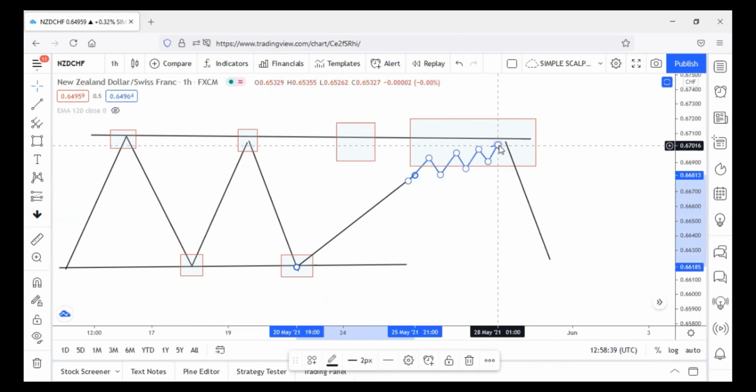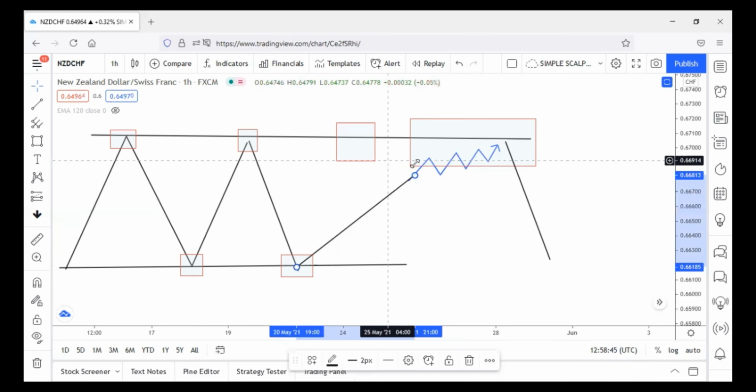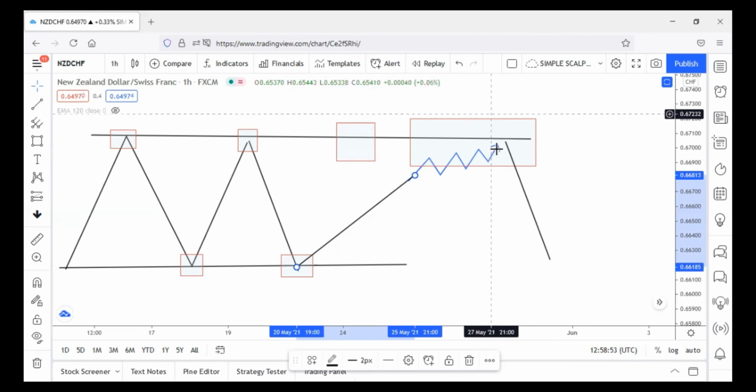All right, what do I mean by reversal pattern? You want to be able to see an ascending channel, something like this, that tells you that price is ready to reverse. So once you see that, the next thing you want to wait for right around this area is your reversal candlestick pattern, either a bearish candlestick pattern, the shooting star,